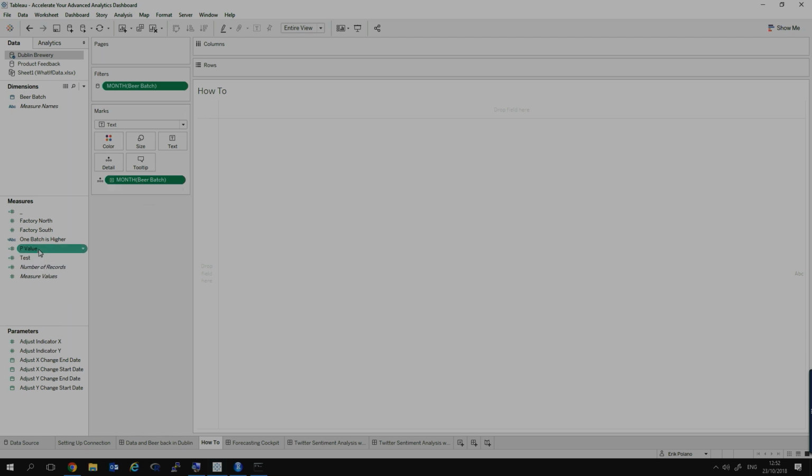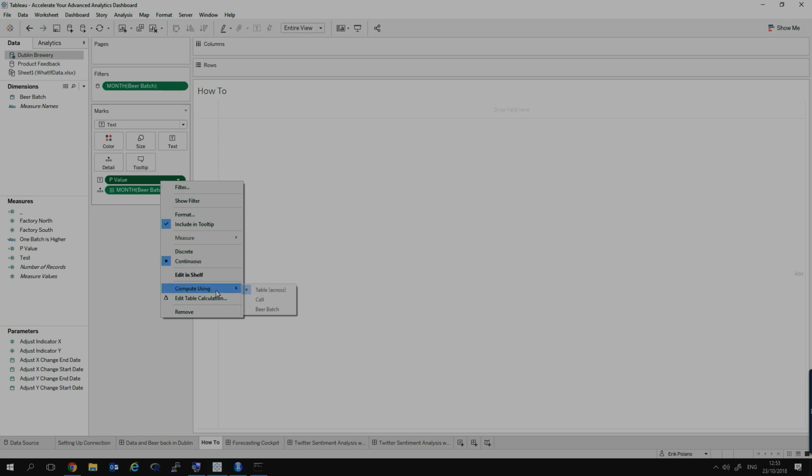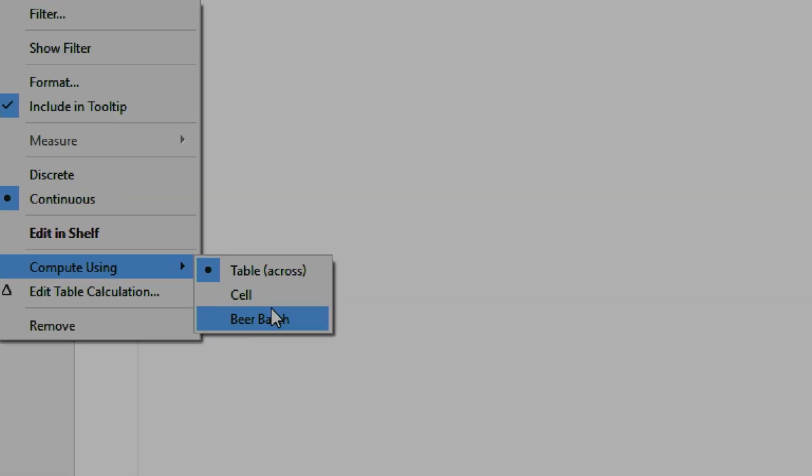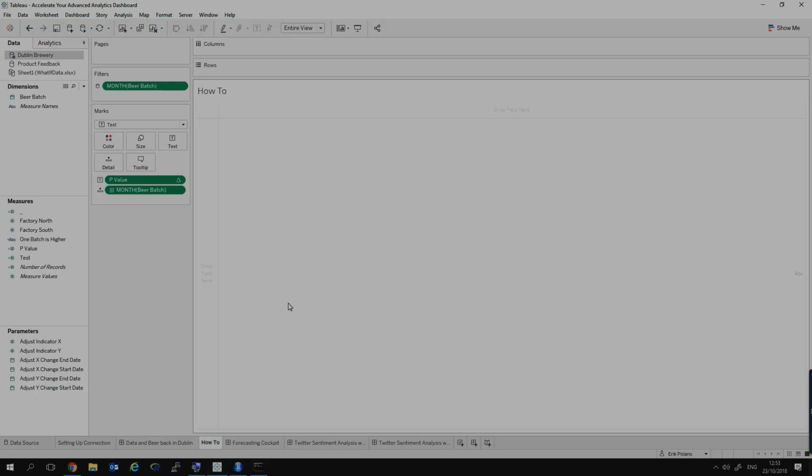I'm then going to pull my p-value over onto text, and before I let this calculation run, I'm going to tell Tableau that I need this calculation to be addressing my beer batch, which I've put here onto detail. Which is that table calculation that we talked about earlier when we talked about the direction of the computation. That's what Eric's addressing right there.